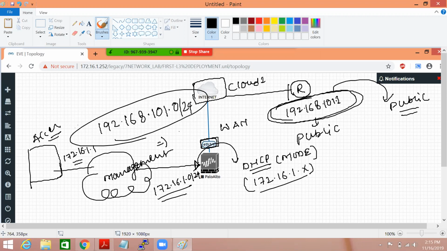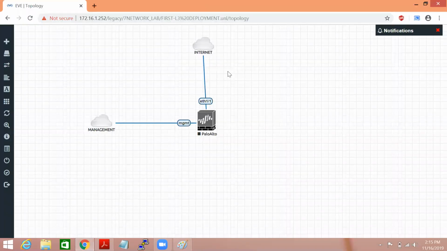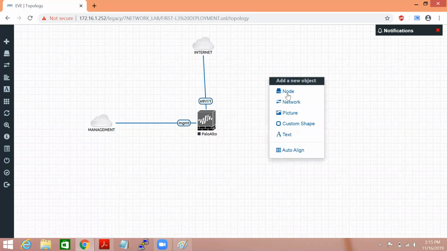Which machine or which device is serving as the DHCP? That is basically nothing, just the access point, UI access point, which has the IP subnet of DHCP, and it is connecting to this Palo Alto. And below these two things you only have to remember. The rest you can connect with any device, any IP range.